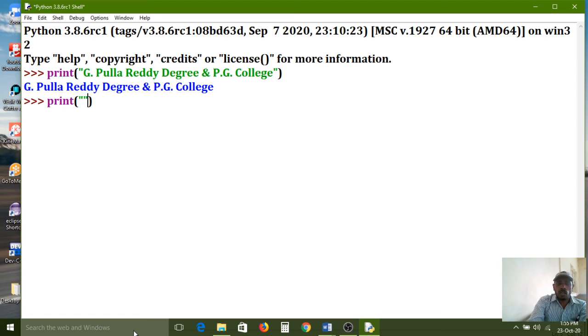Now all of you carefully observe. In the print function, I am simply using it without passing any argument. First, what is an argument here? G. Pulla Reddy Degree and PG College. In the print function, in between brackets and double quotes, I have written this, and it will print as it is.